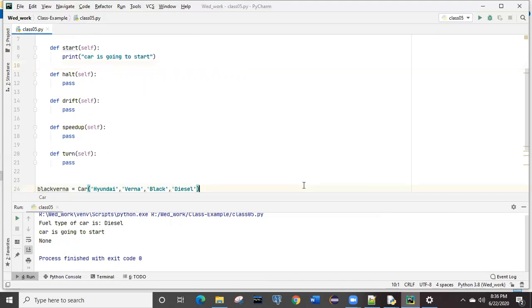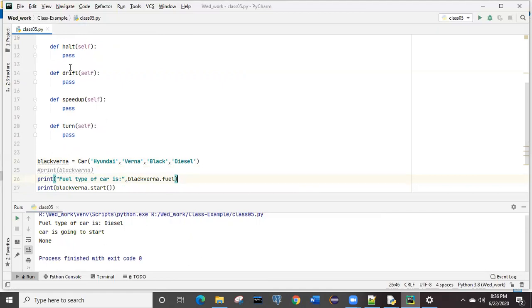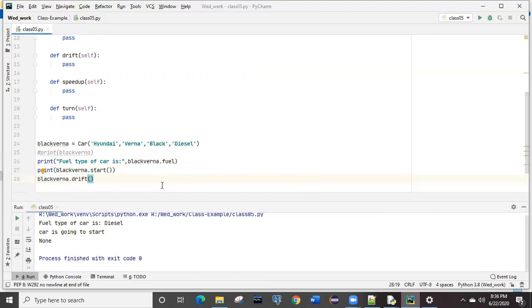And wherever you have not written any content, now you can see it says None. Where is it saying None? Let me cross verify this one. So this is the one object. Let me put this into print, then we can judge whether this is printing None or something else. Put some comment to get the correct understanding: car drift, something like that.